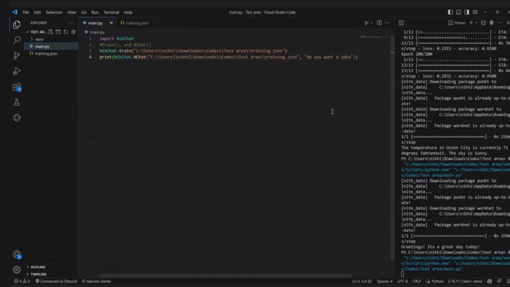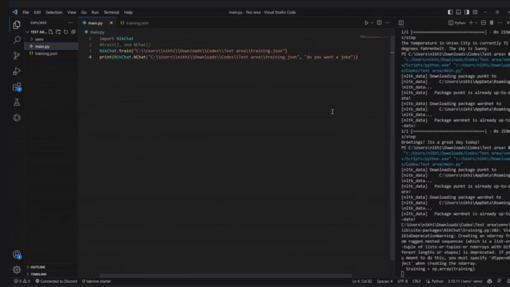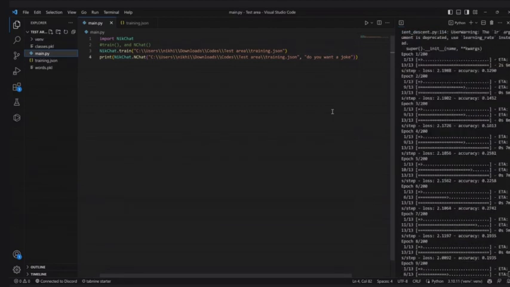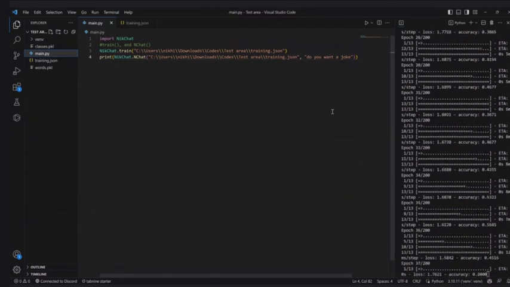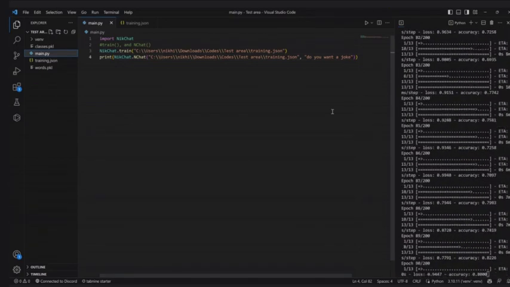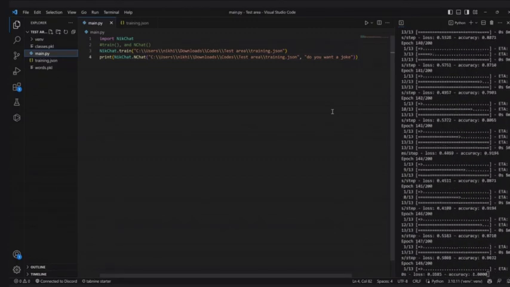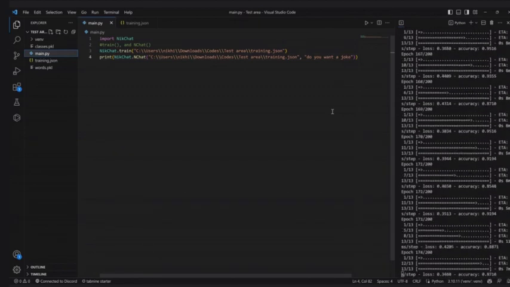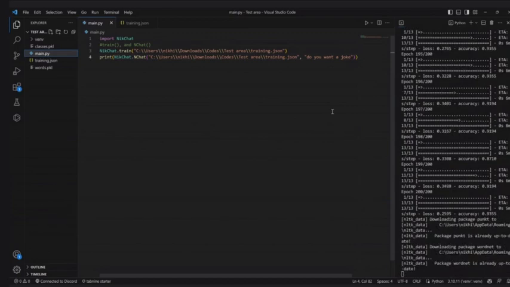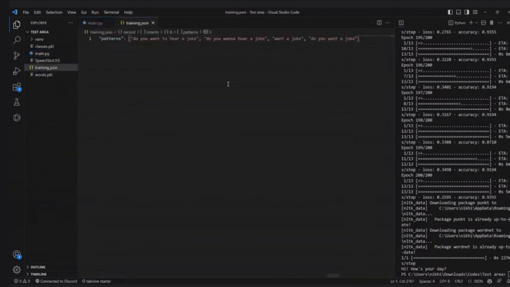Let's just wait for that. Let's hope it works. Yeah, there you go, it doesn't work. But in order to fix this issue, we would just have to turn it